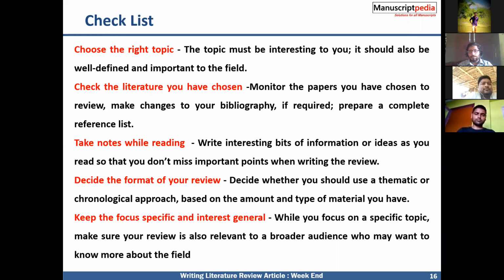The next thing is you have to take notes while reading. That is one of the important things, so that you can take a base paper for your research work. The next one is, you know who are the people doing research, who are all the professors doing research in your research area. The next most important thing is, you can easily collaborate with them.